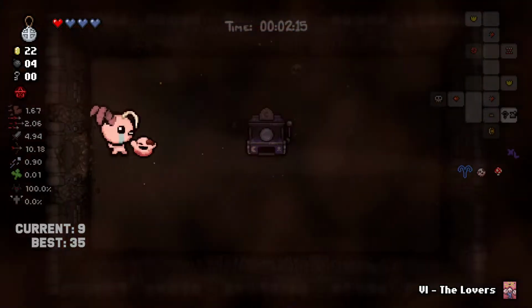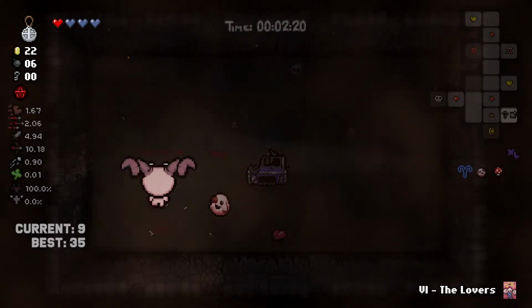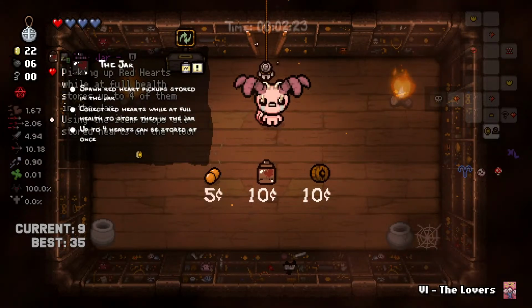That is a curse room, that's really nice. We're going to bomb that. Try for keys. Keys and blues. It's profit, even if it's not keys. There's no key in here either. I'm not going to take the...